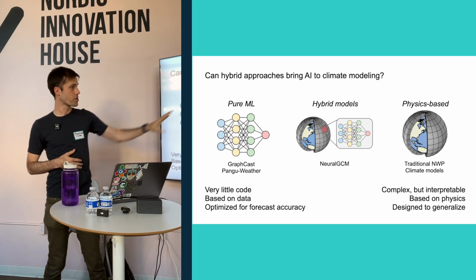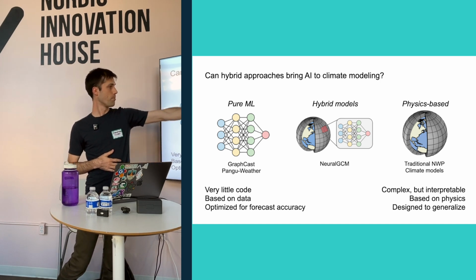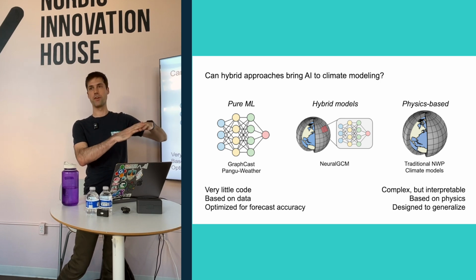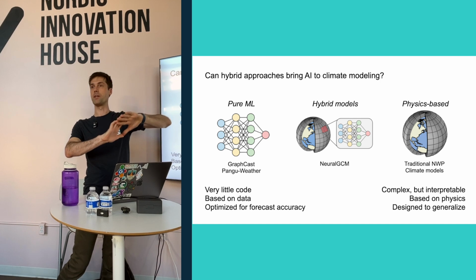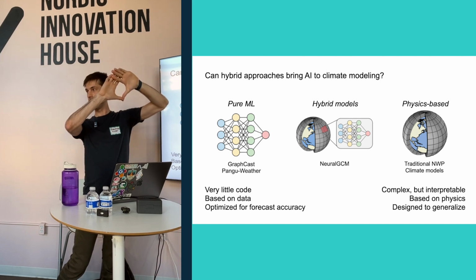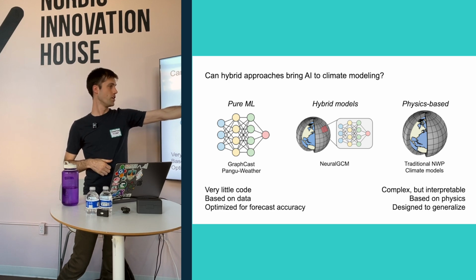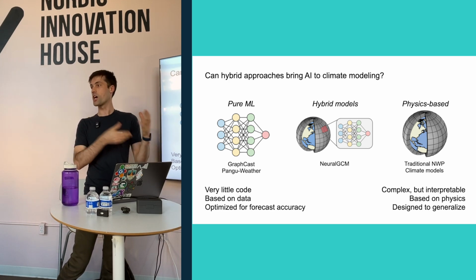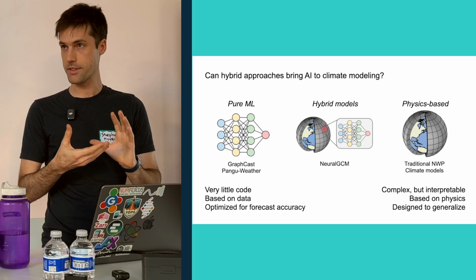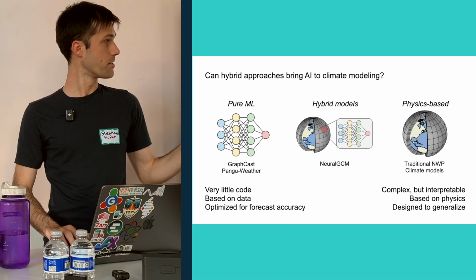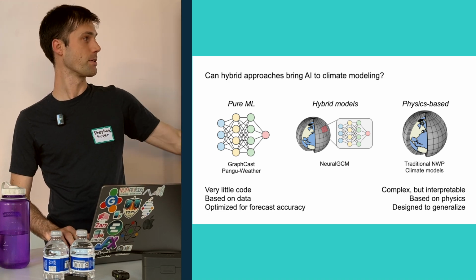So it turns out that the hardest part of physics-based models, we'll get into this, is modeling subgrid processes. These models often have a grid spacing of, say, around 100 kilometers on a side, and a lot can happen in 100 kilometers. None of that detail falls in, all of that is approximated. So we're going to approximate the small-scale behavior with neural nets. That's the part of the physics-based models that has the most uncertainty.